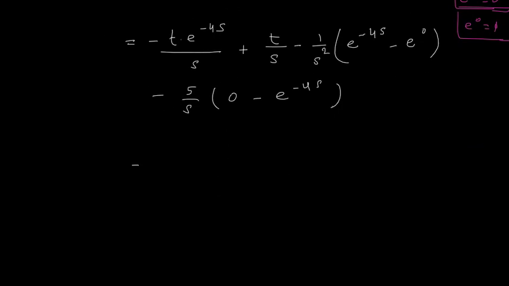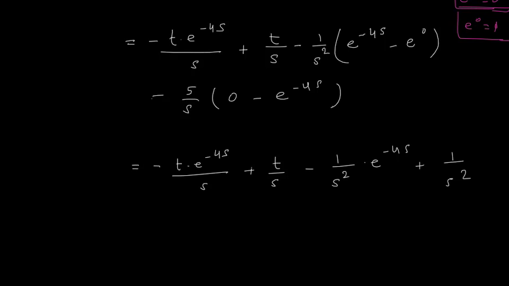This is minus t into e power minus 4s upon s. Then here I have plus t upon s. Then here I have minus 1 upon s square into e power minus 4s. Then minus minus I have plus 1 upon s square, and then here we have minus and minus,